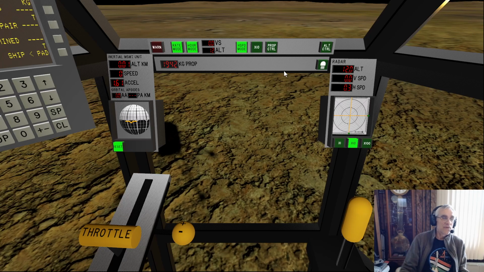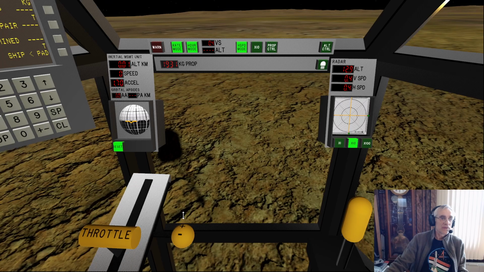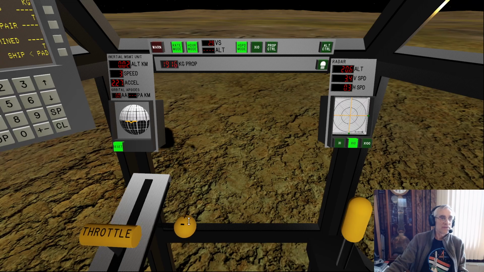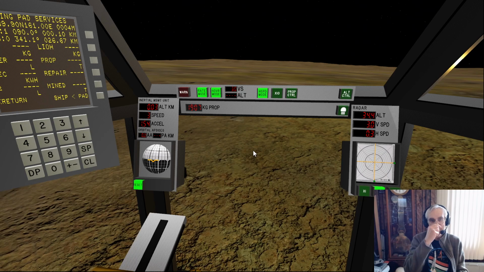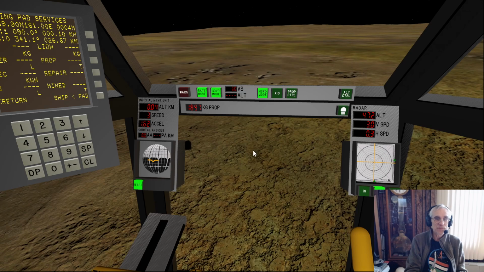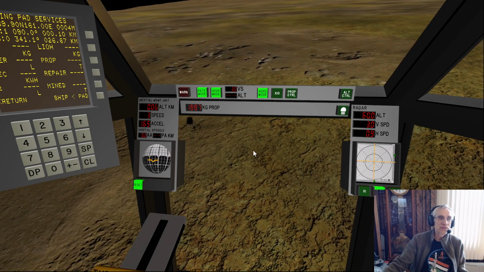If we command with the vernier control, we see that showing up here. It's going to maintain that 3 meters per second. And simultaneously we can put in the horizontal velocity.